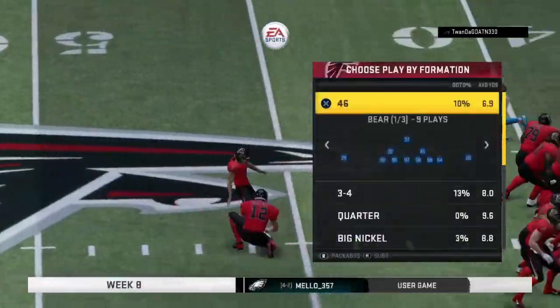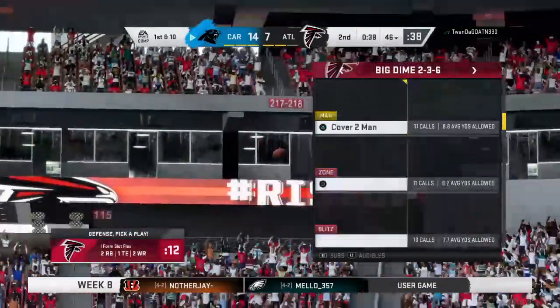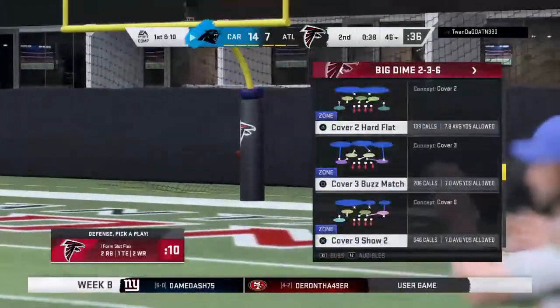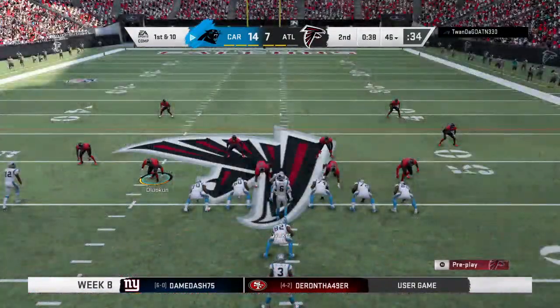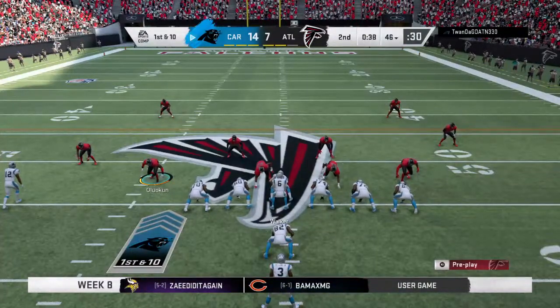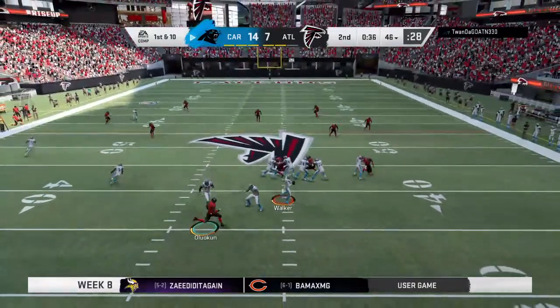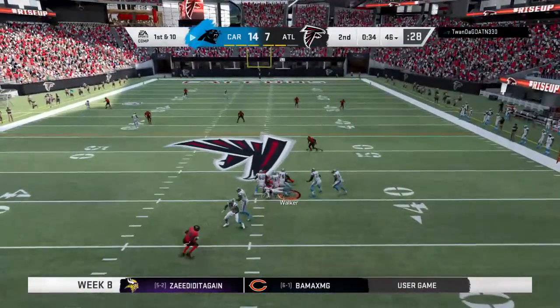And this is one of the risks you run when you attempt a long field goal. If you miss, the defense takes over at the spot of the placement. So now they've got a chance to get one more drive in before halftime. The Panthers out there and ready to begin their next drive. They're starting to pull away with this one. Early on that 1st quarter, they didn't look so great offensively. What has changed? Sometimes it's just a matter of doing what you...